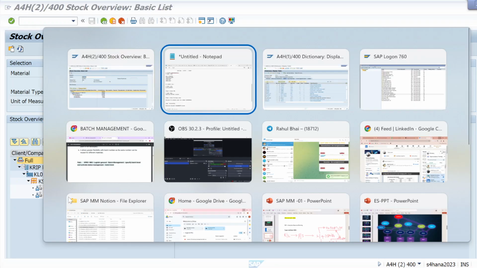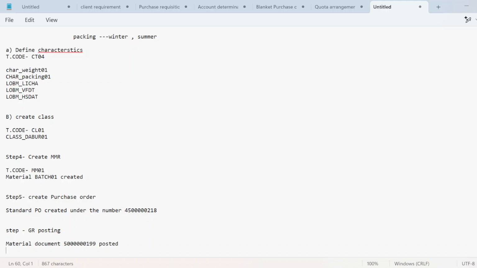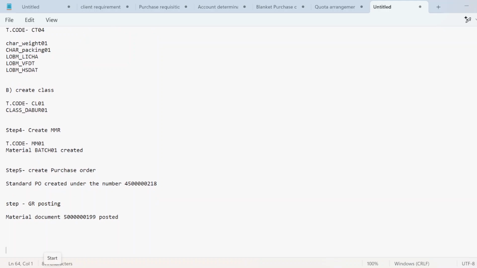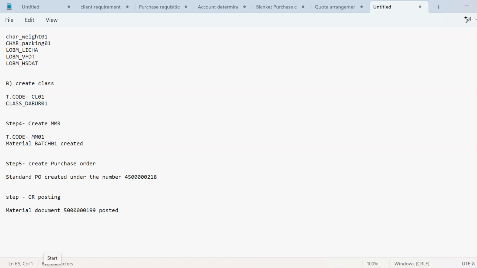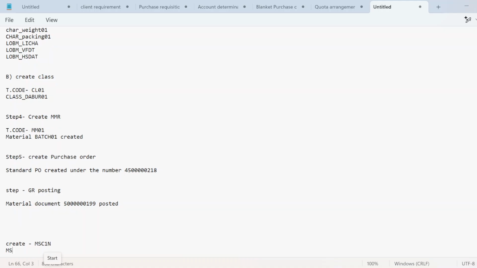Okay, now if I want to make some changes, if I want to change or edit my batch, the T code to create a batch is MSC1N, and MSC2N to edit.